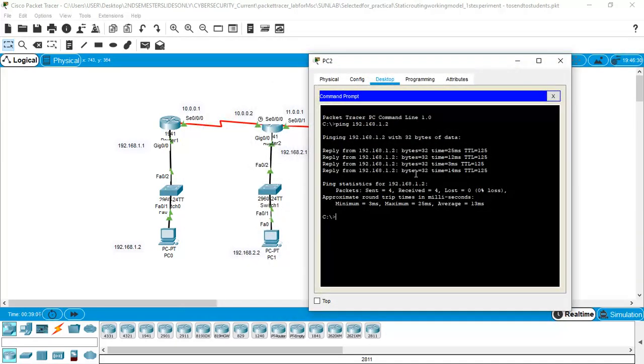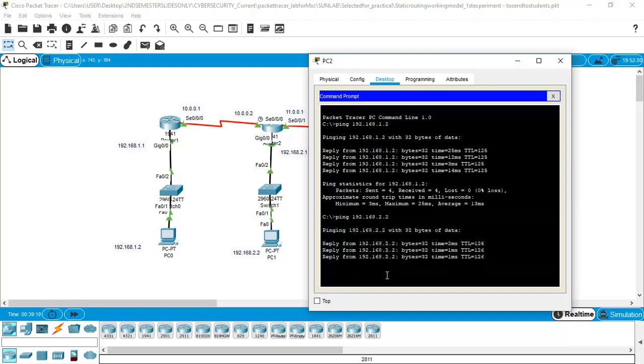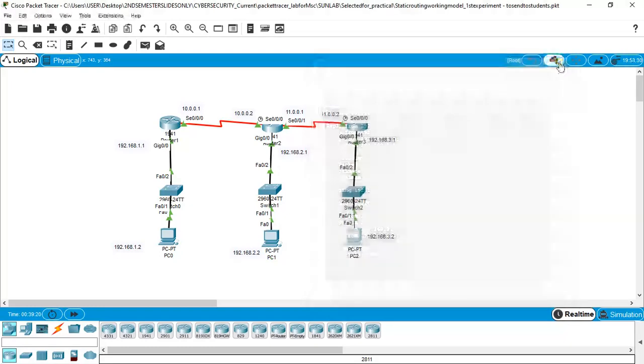Then we will try 2.2. So it is also communicating. That way you can also check from 2.2 to other PCs. So the communication is successful, and this is the end of the experiment.